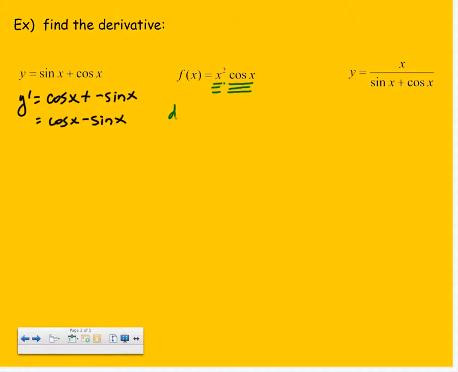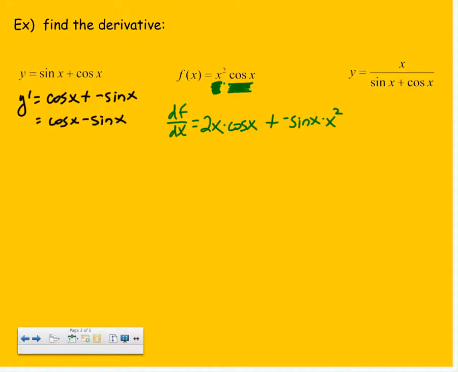So I'm going to find df dx. I know that order doesn't matter with product rule. You can switch the order of the plus in between the signs. But I'm going to go ahead and do the derivative of the first function first. So what is the derivative of x squared? 2x. And then we take that times cosine x. And then plus, now we're going to take the derivative of the second function, which is cosine of x. And that derivative is negative sine of x. And then we're going to take that times the first function,